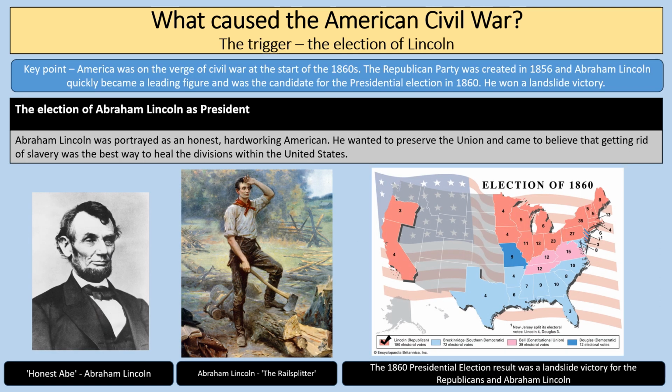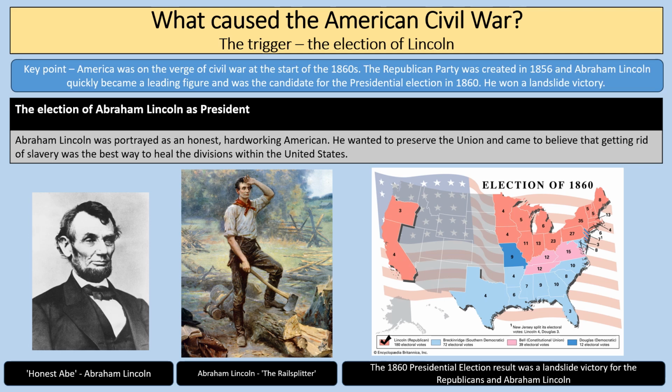So now we get to Abraham Lincoln. The Republican Party was formed in 1856, partly in opposition to the Kansas-Nebraska Act, and the Republican Party was against slavery. Now, Abraham Lincoln quickly became a leading figure, and he was their candidate for the presidential election in 1860, and he won a landslide victory, albeit getting all of his votes from the free states in the north and in the west. And you can see on the election map there, color-coded in red, are the places that Abraham